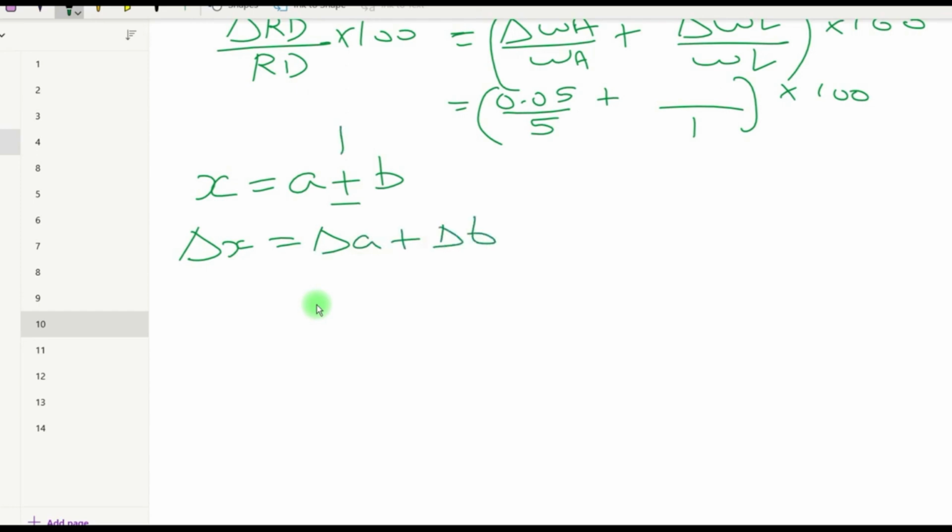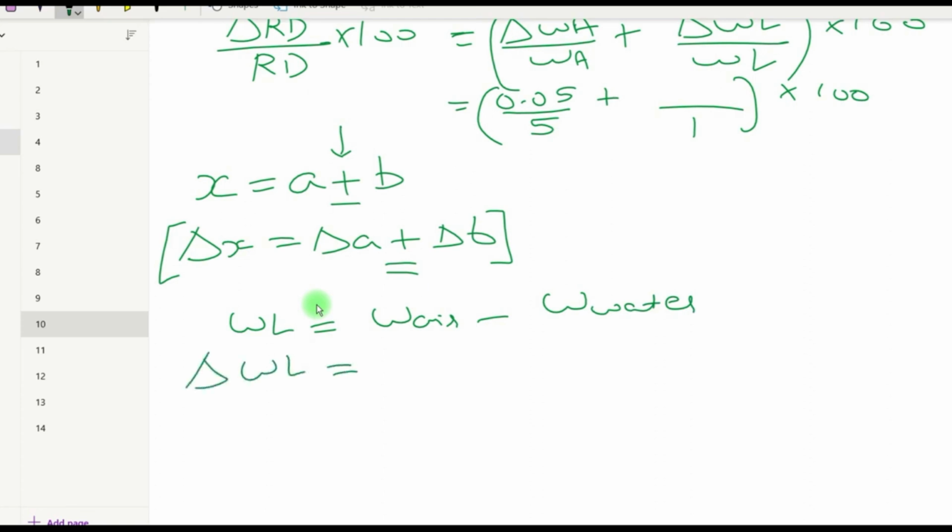Now the sign between the two, a and b, could be plus and minus, but when it comes to uncertainty, the plus sign is only taken. Now in the formula for weight loss, this is equal to the weight in the air minus the weight in the water. So if we see just the uncertainty, so delta WL, that will be delta W air plus delta